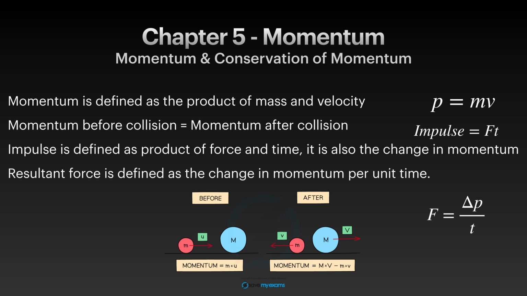Finally, we can also relate momentum to force using Newton's second law. The force acting on an object is equal to the rate of change of momentum. So if momentum changes quickly, the force is big. In formula form, F equals change in P over t. This is really useful in understanding everything from car crashes to rocket propulsion.